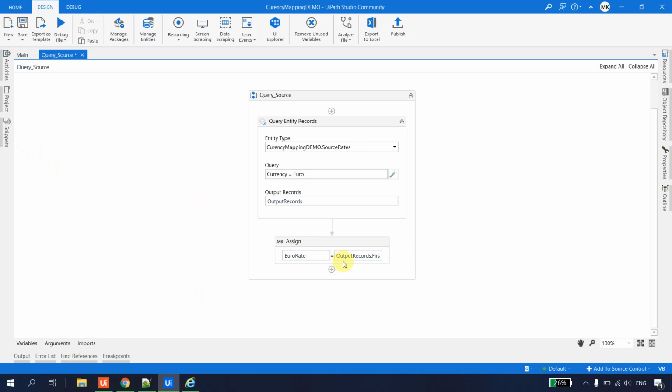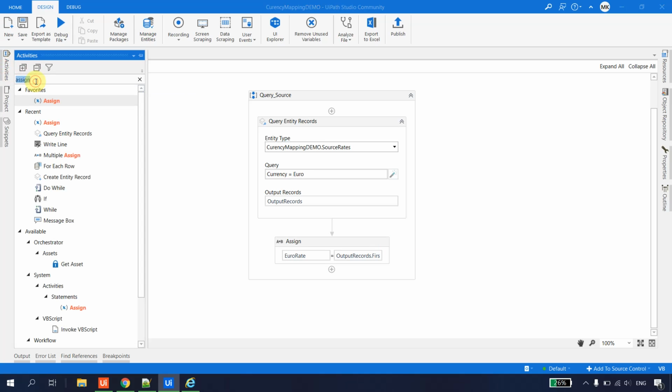We can easily apply a For Each loop on this list and write business logic, such as a date comparison, to get the euro rate. That is all possible here, but for this demo, whatever rate we get in the first place, we'll just fetch that record. Next, let me take a Write Line